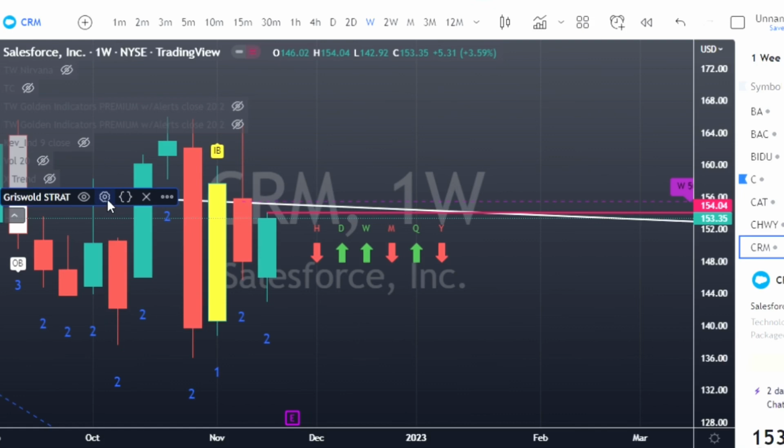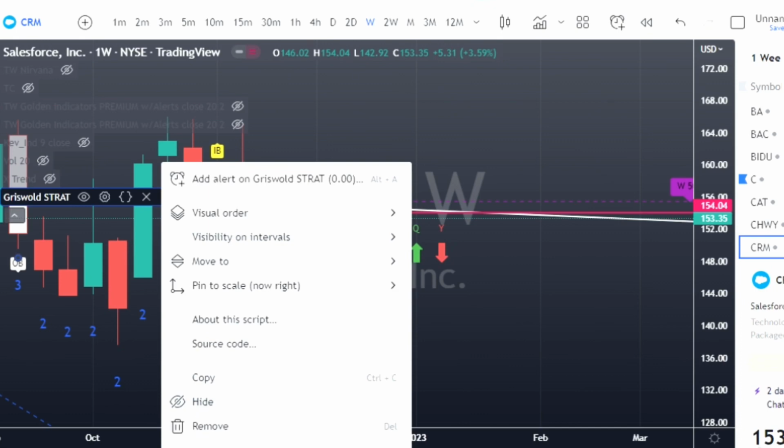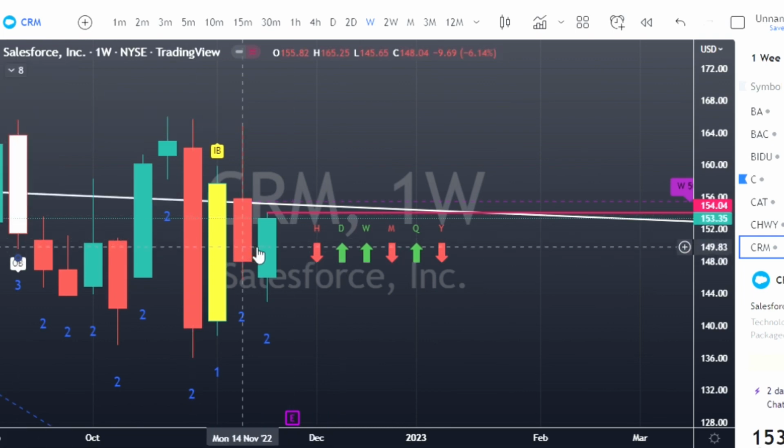If I can click on it, and it's not going to let me, but we can add that 50%. Let's see, settings. Doesn't look like it's going to let me, but we can add that 50% marker. So it's going to be somewhere in here. So let's say that is your marker. Let's say it's 150 for simplicity's sake. So the most you're going to lose if you use the 50% marker on the trade is $4. Okay? $8 because you're buying 2 contracts. So the most you're going to lose is $8.